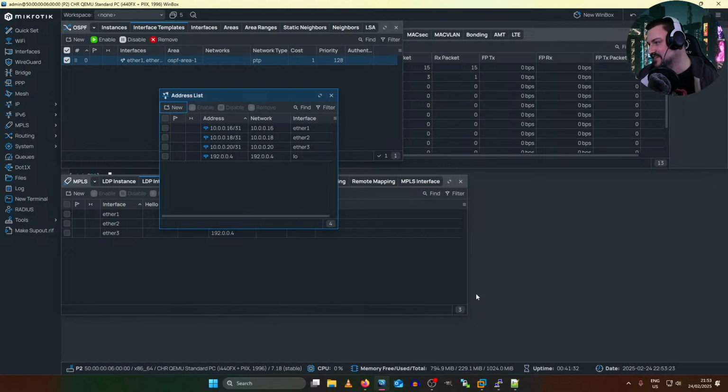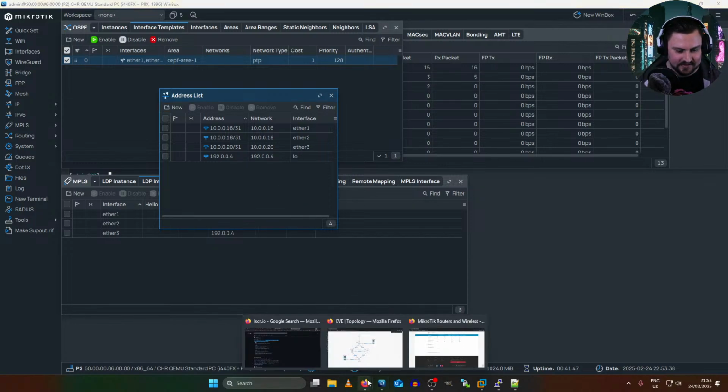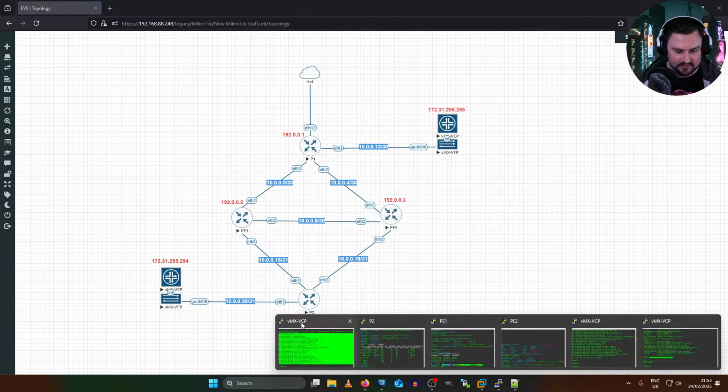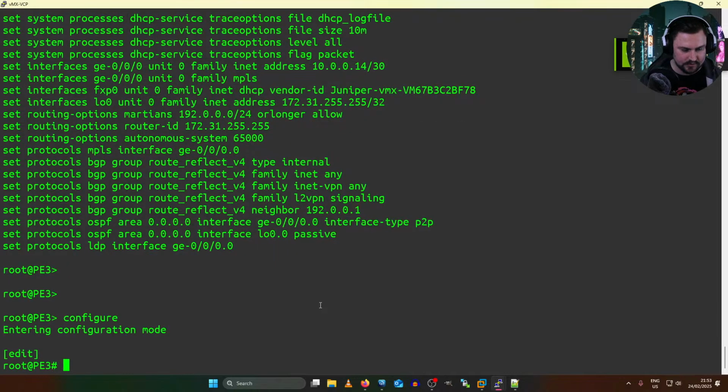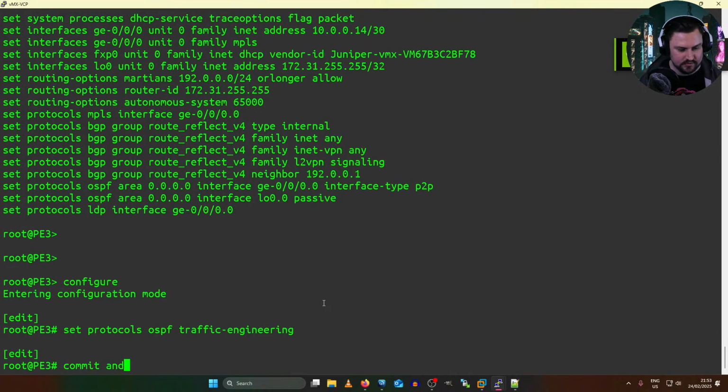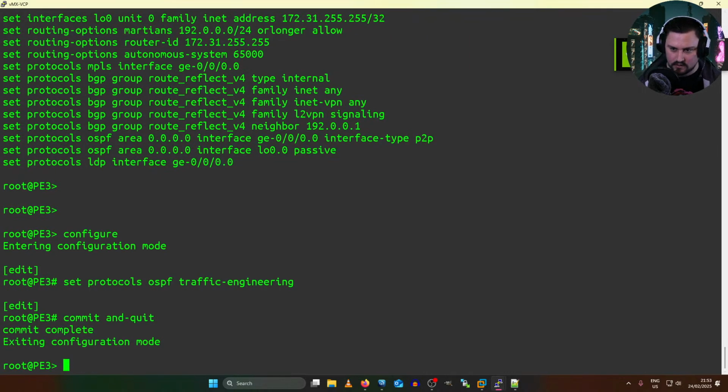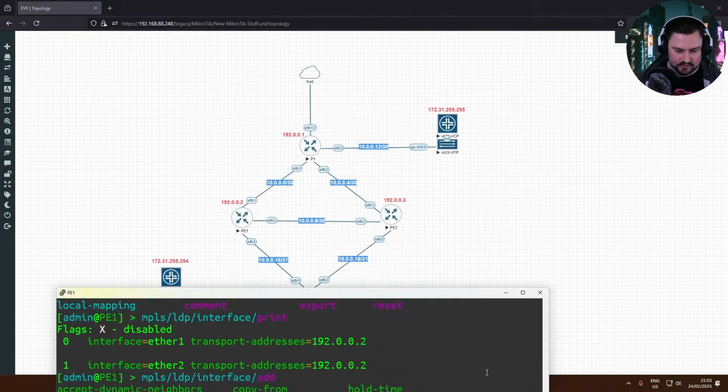Yeah, you're right. Where MikroTik says, where people say we want IS-IS, and then they get it, but it only works on V4. That is magic. All right, let's go onto the other Juniper, P3. Just add that special command, commit and quit. I think for the MikroTiks, what did I do?